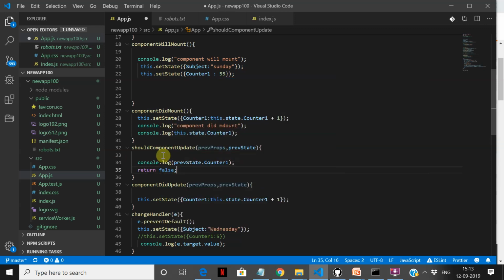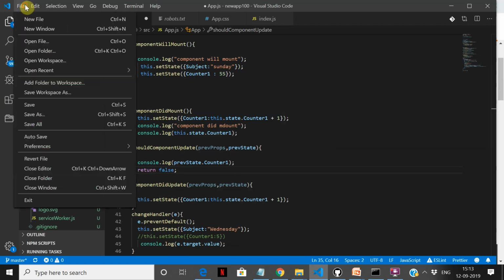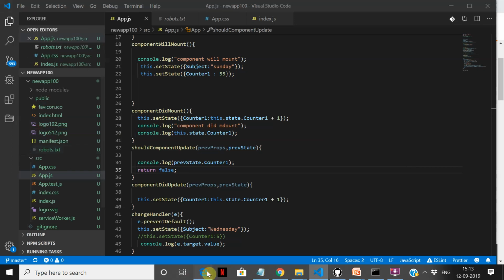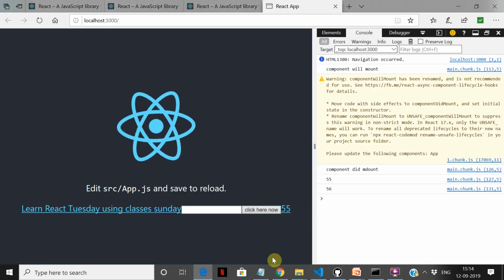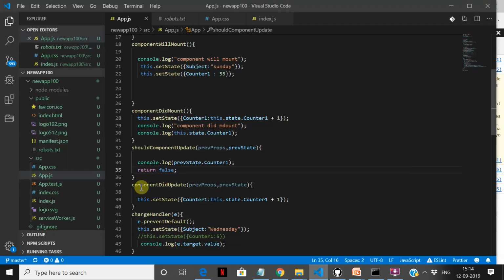Let's say we'll take counter one here. But one more thing, in the should component update, you can specify whether the component should re-render. If you say return false, it will not re-render. Whenever the component updates, the state and props will get updated, but the component will not re-render. So let us run this and check what's happening.